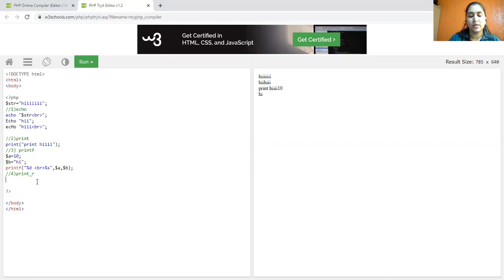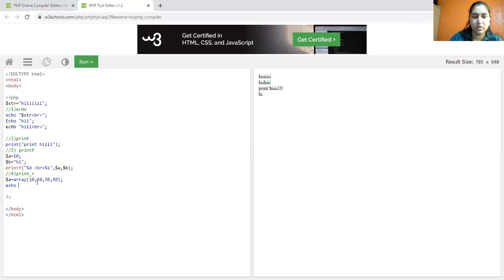Consider I have declared an array. How to declare an array? I create a variable $a equal to, I call the array function, and I write any number of arguments into this array. Suppose 4 elements are there. An array will not be displayed with echo.